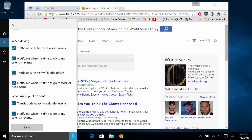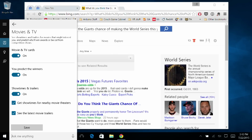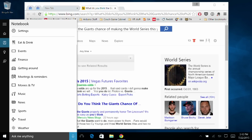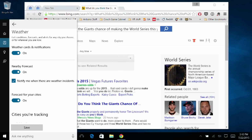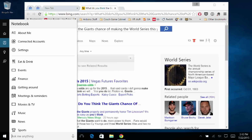You can give her rules about when she gives traffic updates, and it seems like you can be granular about whether you drive to work or take the train and then take cabs to appointments, all that kind of stuff. You can tell her the kind of movies you're interested in and what theaters you like to go to. There's tons of choices. You can get weather for places that you maybe don't normally go, and you can specify the units, so you're not stuck with Celsius like on other stuff. And there are connected accounts you can connect to. I don't know if you want to click it for your...